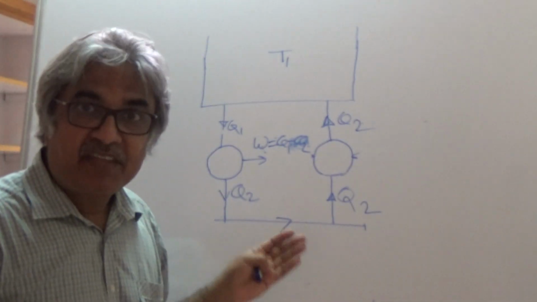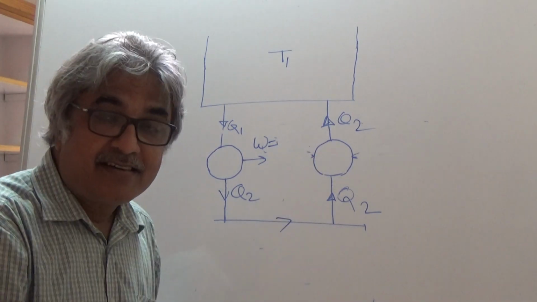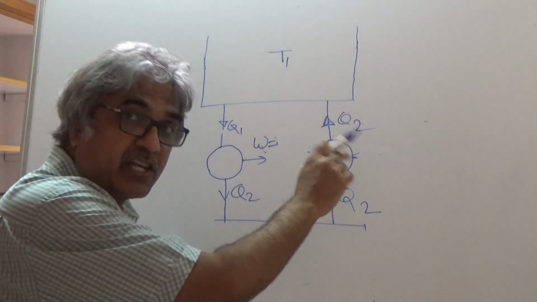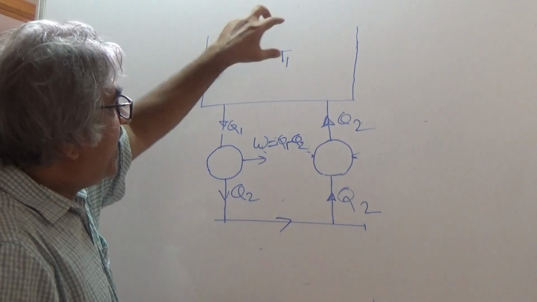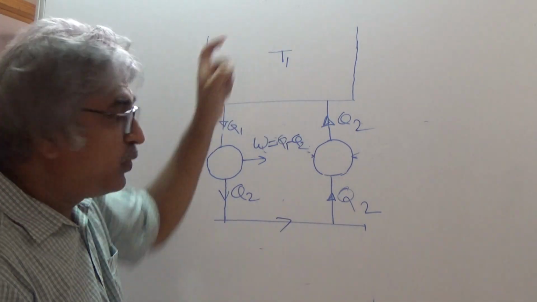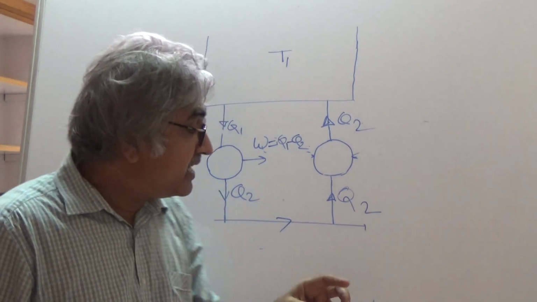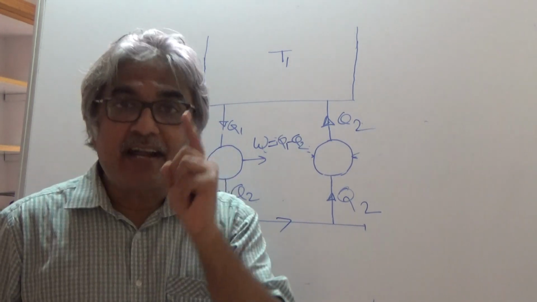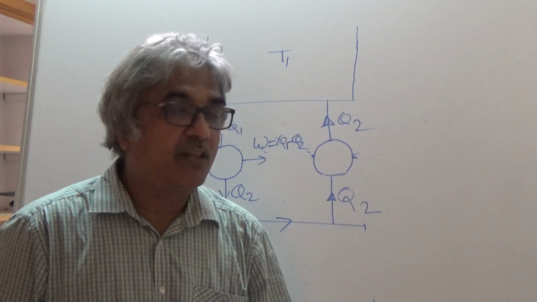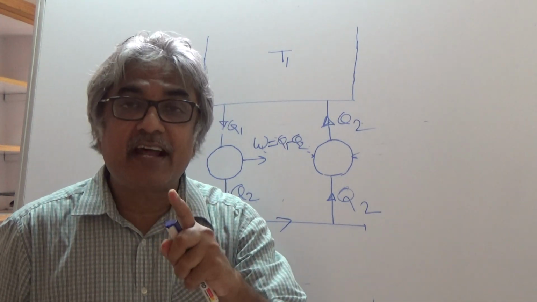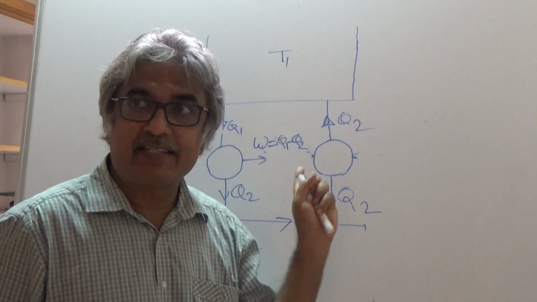So there is no second body, no heat rejection. If you look carefully at this system, which has been born out of our violation of Clausius statement, this is W equals Q1 minus Q2. Net heat flowing from the source is Q1 minus Q2, and all of it is converted into work. There is no heat rejection. There is no need of a sink, right? That is violation of Kelvin-Planck statement. This is not possible. You cannot have an engine working in a cycle, having heat interaction with only one body, and getting work. In a cycle this is not possible.